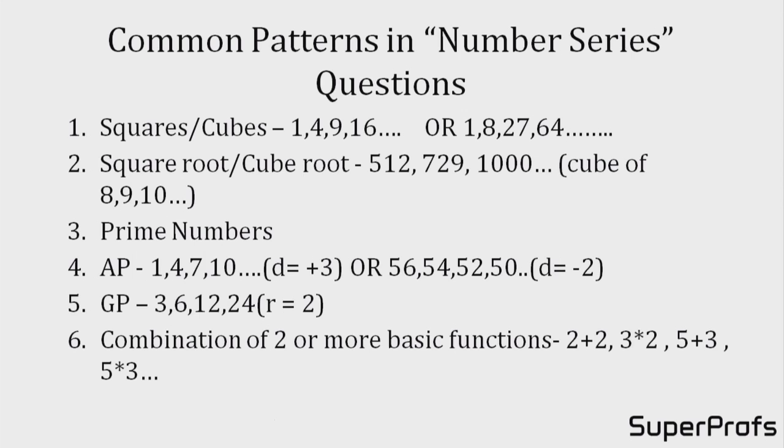A little modification in this type of question and a different type of question will become. So other type of questions: prime numbers, square roots, AP, arithmetic progression, you already know, A plus D. Like in this first series, 1, 4, 7 and 10, D is positive 3. And in the second one, D is minus 2. The difference between the first number and the second number, or you can say the difference between two consecutive numbers